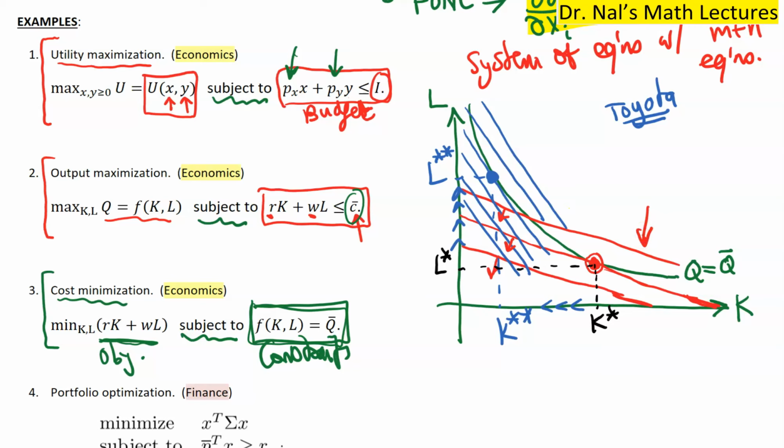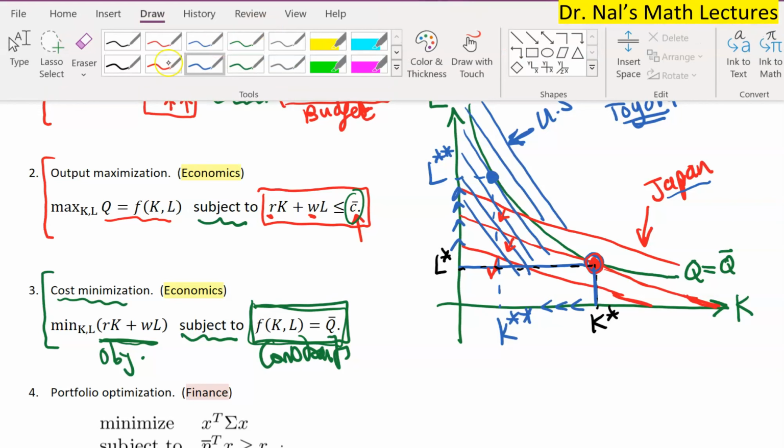It turns out that these are the cost functions of Toyota for its factories in Japan, versus the same car maker has different cost curves in the US. So when you look at these cost curves, you suddenly realize that capital is cheaper in Japan and labor is cheaper in the US. So labor in Japan is more expensive, capital in the US is more expensive. If that's the case, of course it makes more sense, because labor is so expensive in Japan. In their production process, when they want to produce the same amount of output, they use more capital and less labor compared to the US,